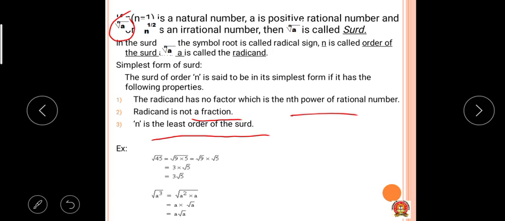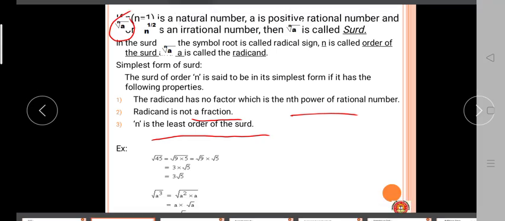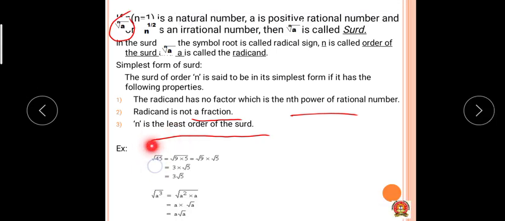Okay, now see in the next example. Root of 45. You can simplify it. What is the prime factor of 45? 9 times 5. If you observe, 9 is a perfect square, the square of 3. Therefore, you can take 3 outside and square root of 5 as it is. So, 3 root 5 is the simplified form of root of 45. Similarly, see here a cube. If you take the square root, you can take a outside and one a remains inside, and therefore a root a is the example.